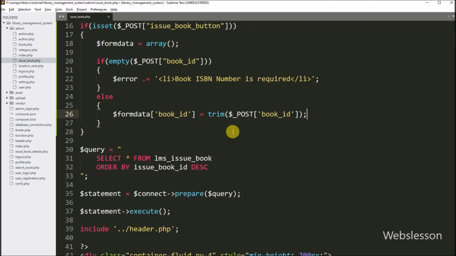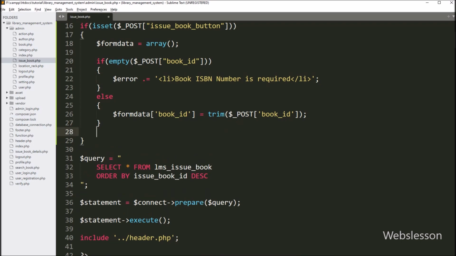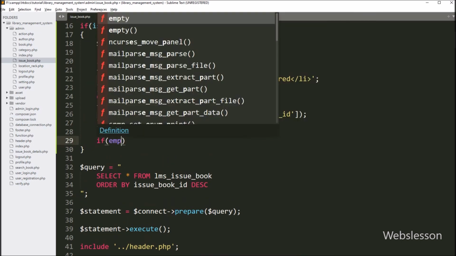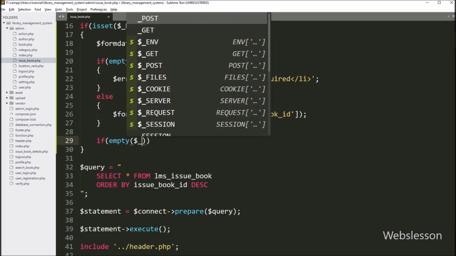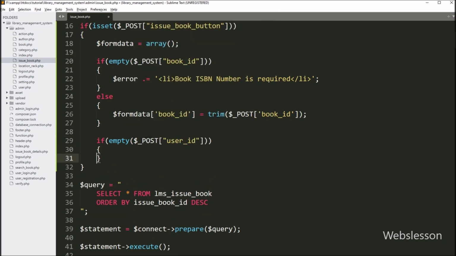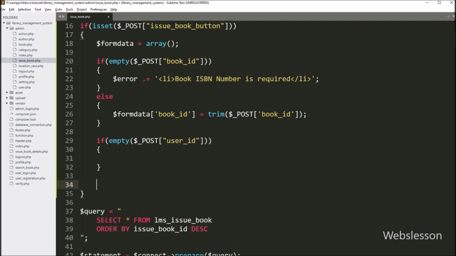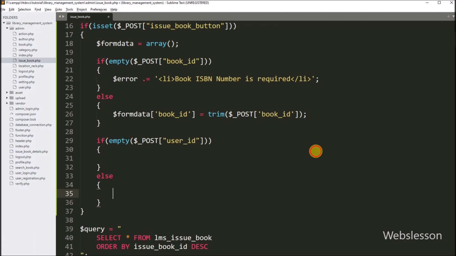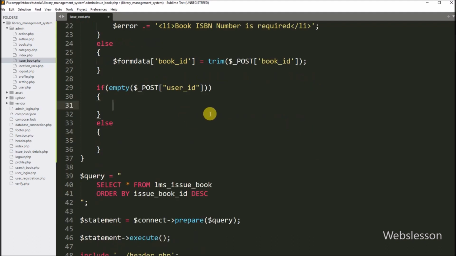After this, we want to validate user ID text box data, so for this, here we have to write PHP if statement, and under condition, we have to write PHP empty function with $_POST user ID variable. So this condition will check if this variable has blank value, then it will execute if block of code.